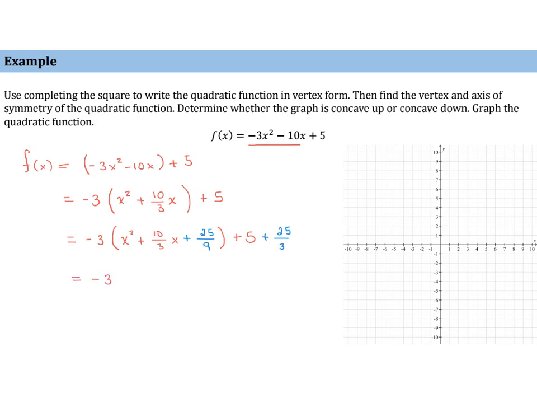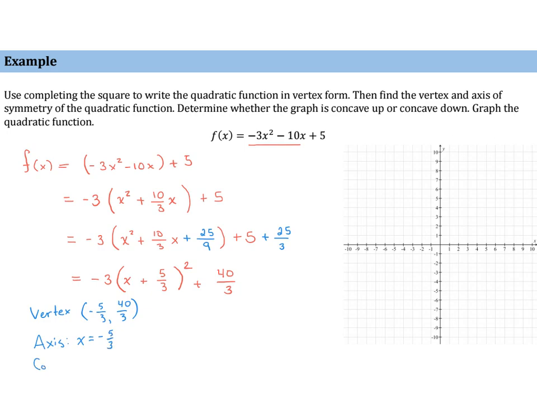So now we have negative 3 times, and now we have that trinomial square can be factored into x plus 5 thirds, quantity squared. Now 5 plus 25 thirds is going to be plus 40 thirds. So this gives a vertex of negative 5 thirds, comma 40 thirds, an axis of symmetry of x equals negative 5 thirds,